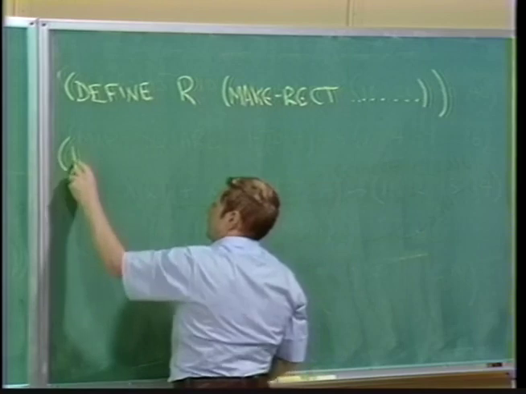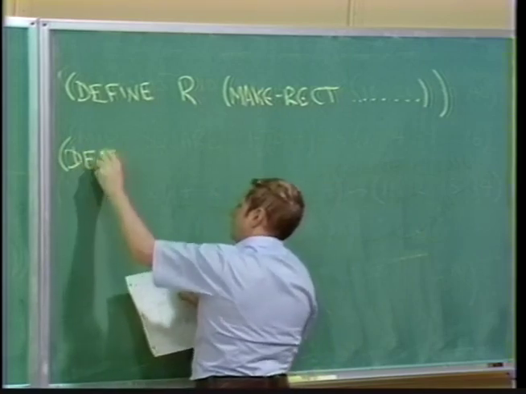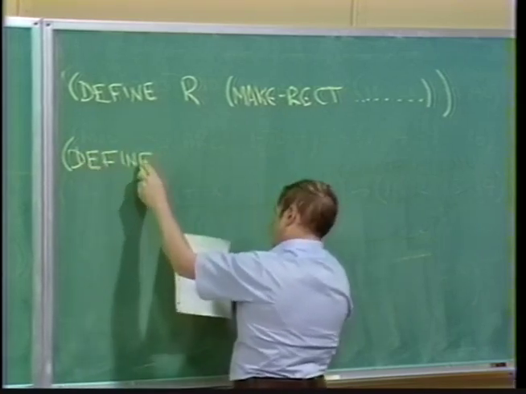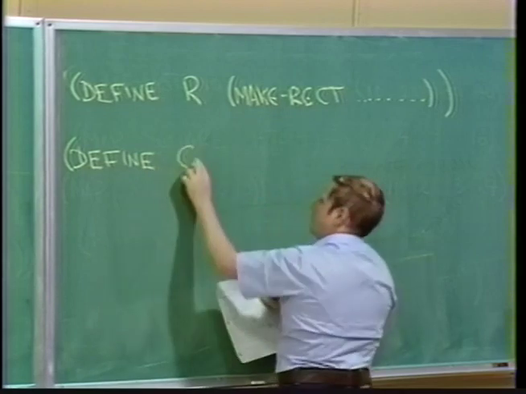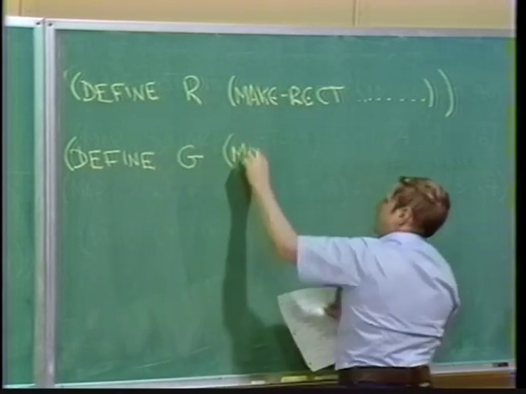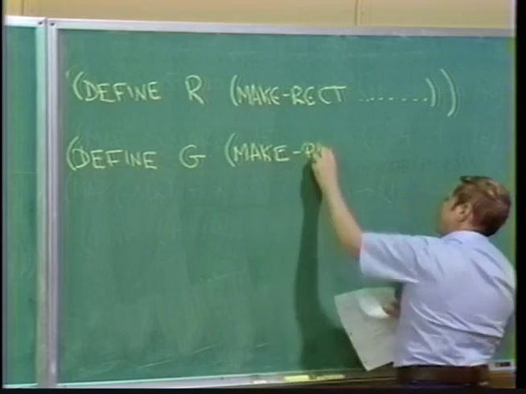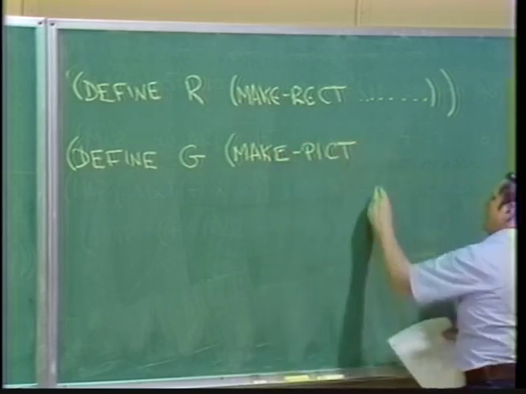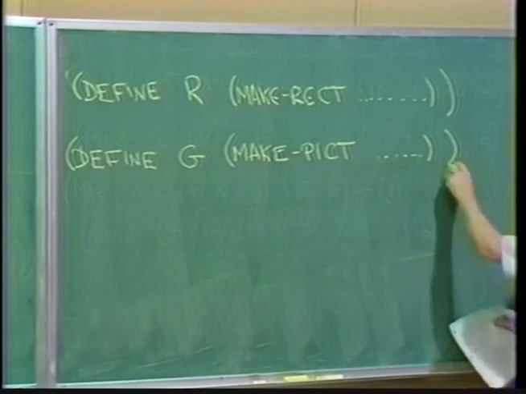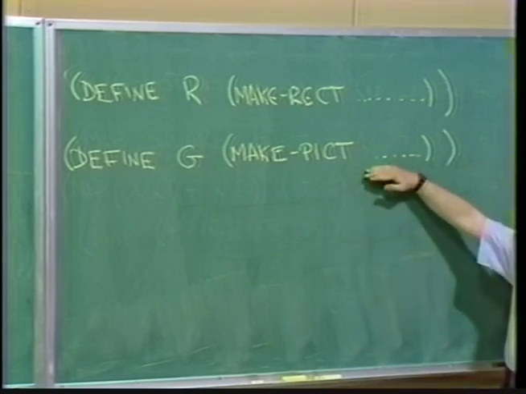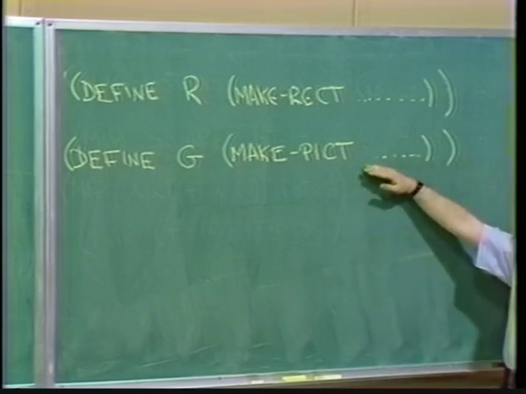And then I could say define, say G to be make picture, and then some stuff. And what I have to specify here is a list of line segments,